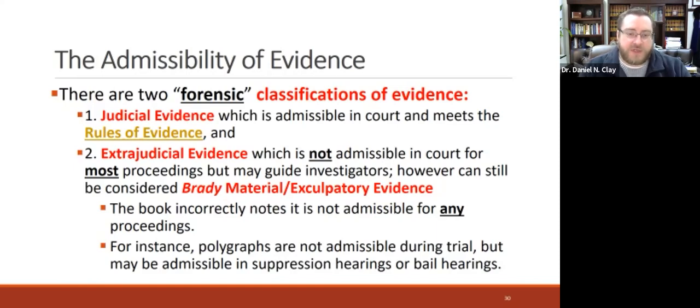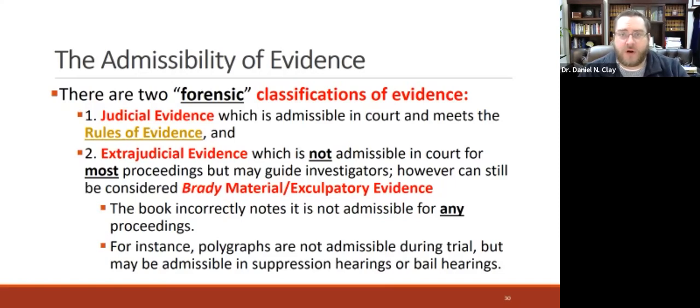Now, I will say this, your book incorrectly notes that extrajudicial evidence is not admissible for any court proceeding. This is not true. So we can use extrajudicial evidence at really any stage of the criminal case, except for the part where the jury trial or the bench trial, the part where guilt or innocence is being determined. Anything before that and anything after that, we can use extrajudicial evidence. Now, the example I give you is polygraphs. So in 49 states,